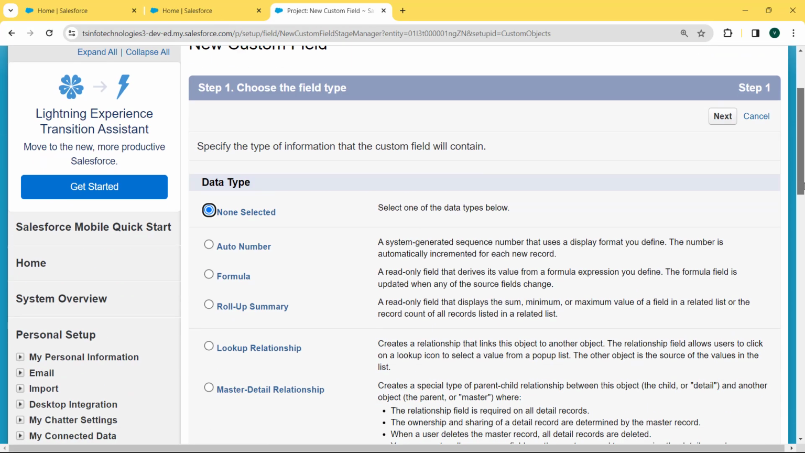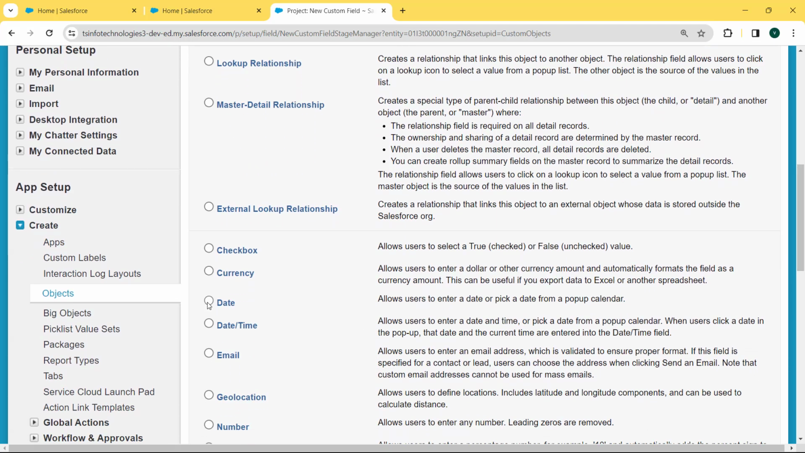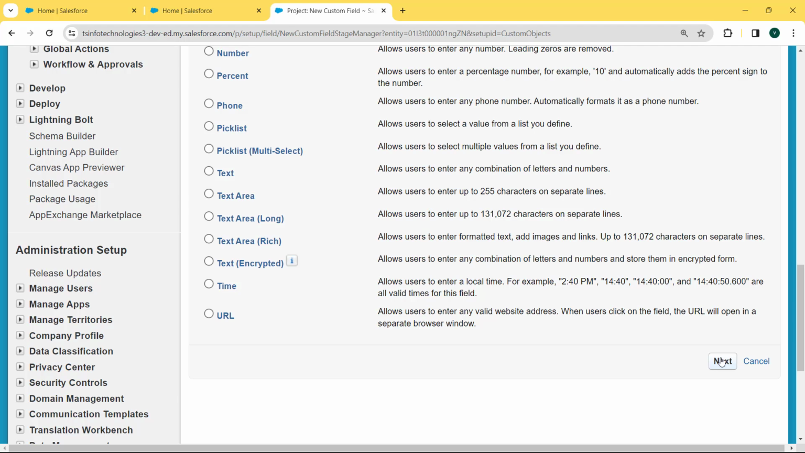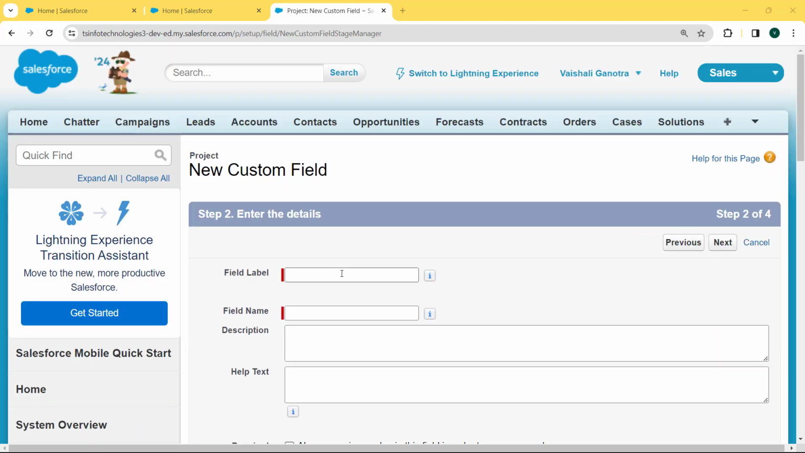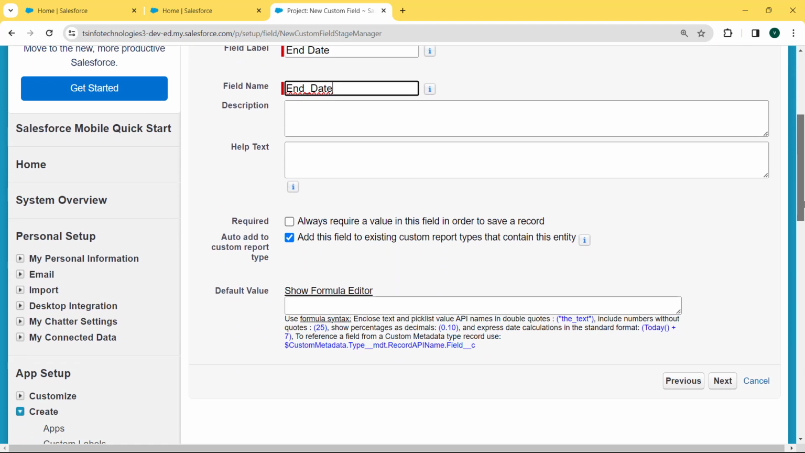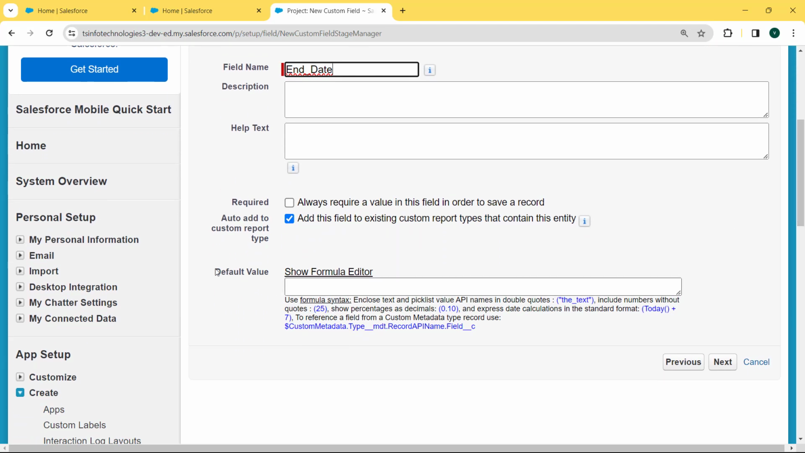Our data type page is open. Now scroll to the bottom and select the date checkbox and hit the next button. Now enter the details. First fill the field label as end date and then enter the field name which is automatically filled and then scroll to the bottom of the page. Here we can see there is a default value field present. Inside this field we enter our default value. So here we are entering the default value as today plus 30. This default value shows that the current date will automatically default to 30 days later,